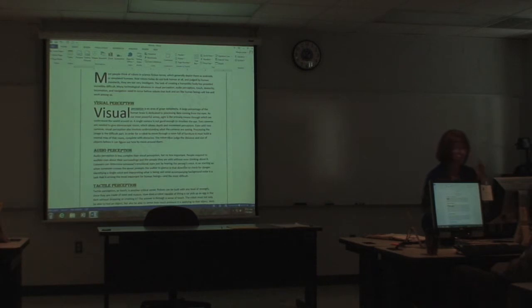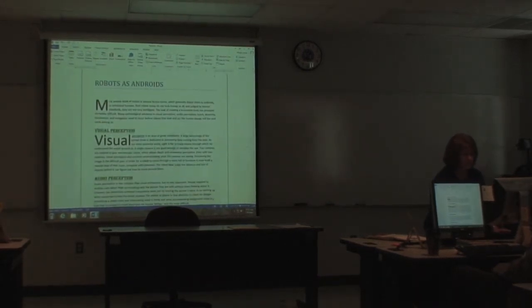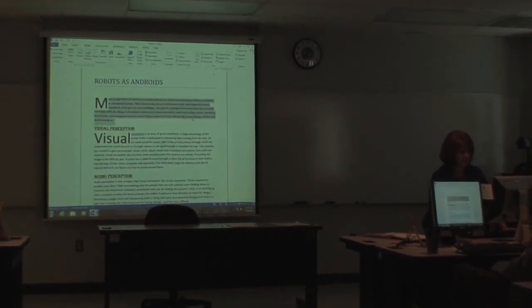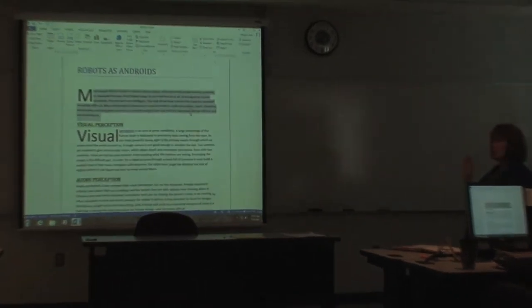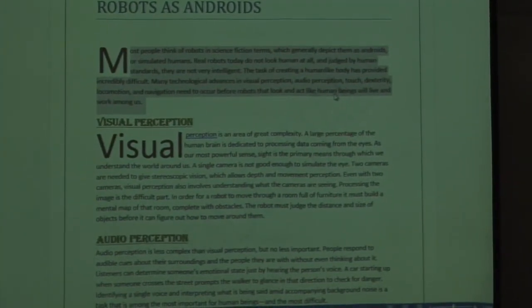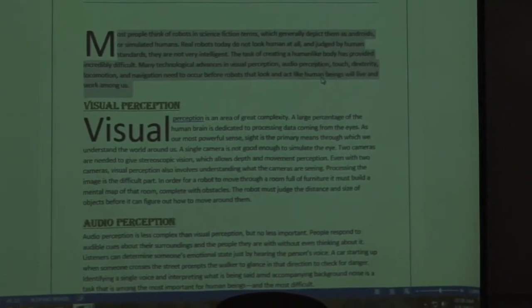So we're going to, for example, in this very first paragraph of robots, let's select that first paragraph. Select it three times. Now, notice how the right margin is a ragged right margin. Agree? A ragged right. Now, if you want that text to be even, just like a newspaper print column,